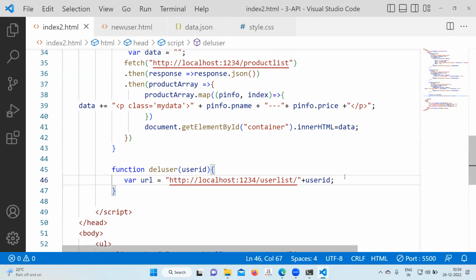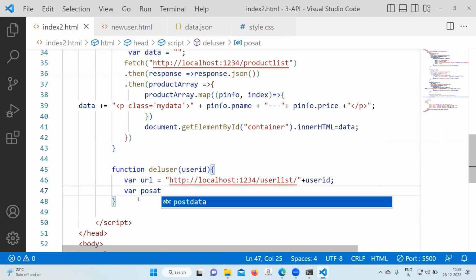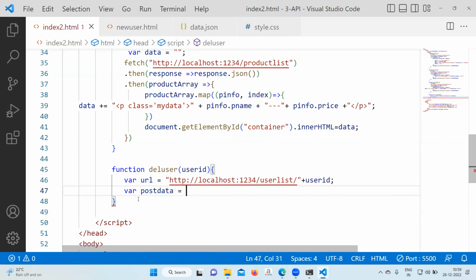Down below again, you can use this line. postData equal to